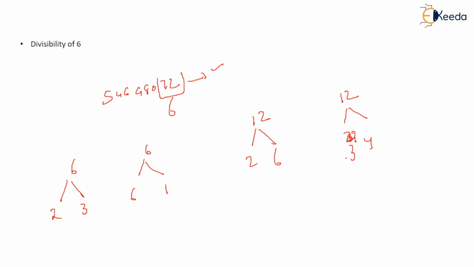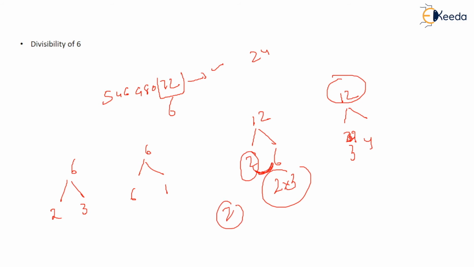So which number should be taken in order to check? Means if you want to check the divisibility of 12, or a number like 24, how will you check? This question comes to your mind. So you have to see a number which is not repeated in its form. If I divide 6 by 2, I find that this number comes under this, right? Means I can write 6 as 2 into 3. So this is already 2 here, and this is already one more 2. So this cannot be a correct solution.